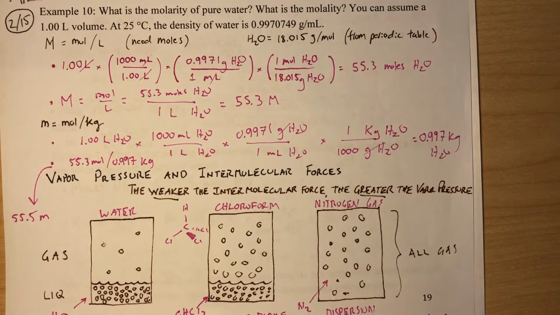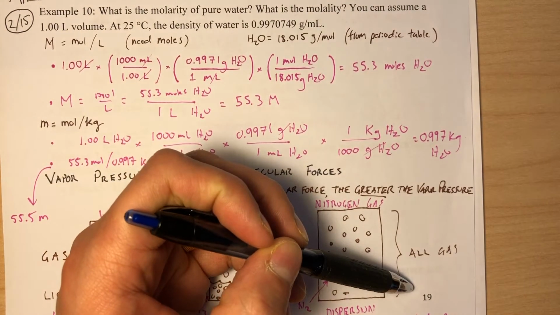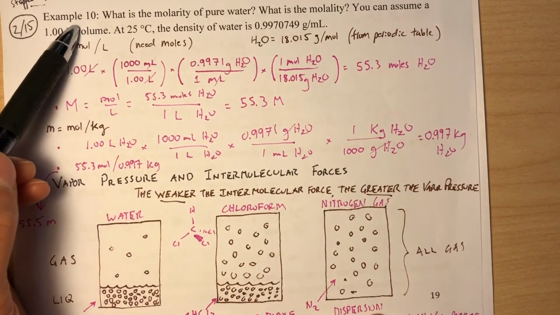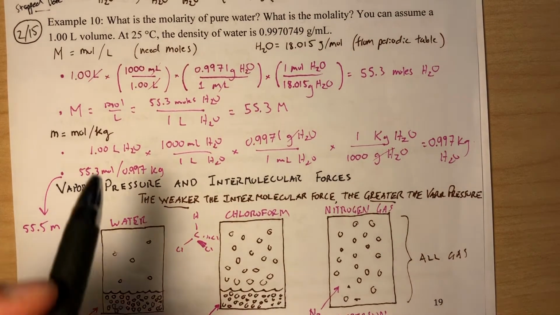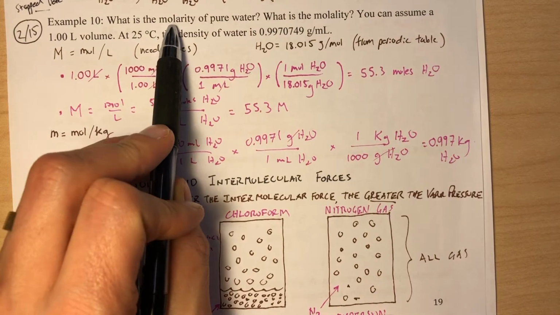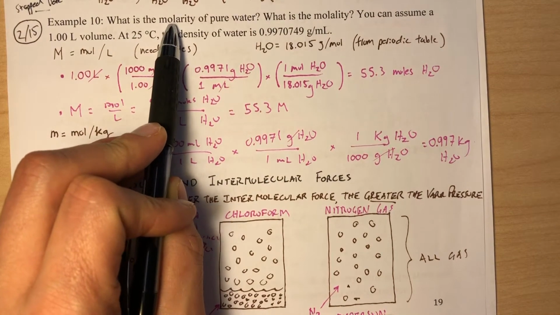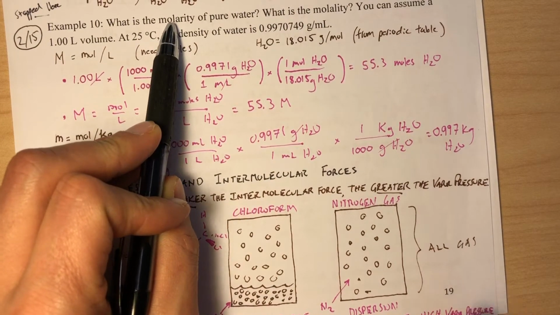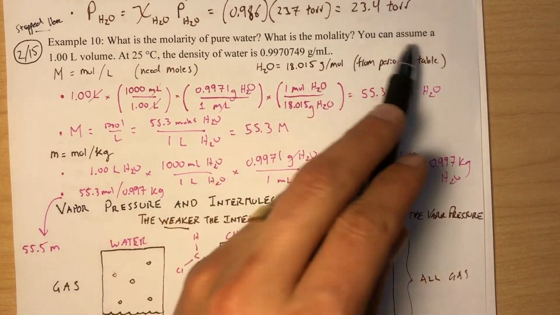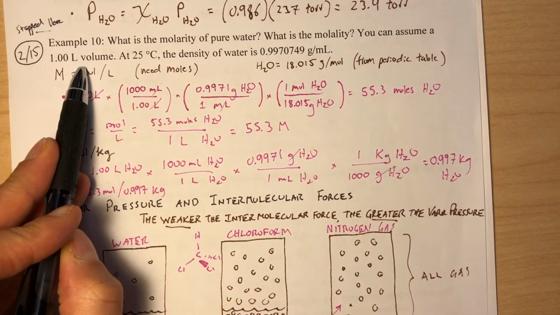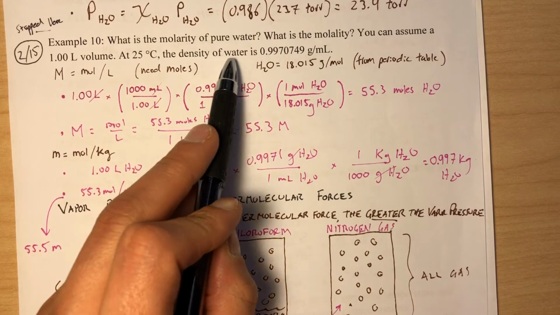Hi class, we are going to pick up where we left off on page 19, and this is example 10 in our notes, where we are trying to discover what is the molarity of pure water, which is to say, what is the molarity of water in water? What is the molality? You can assume 1 liter of volume here,